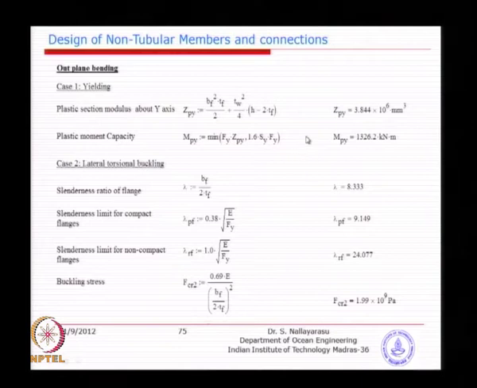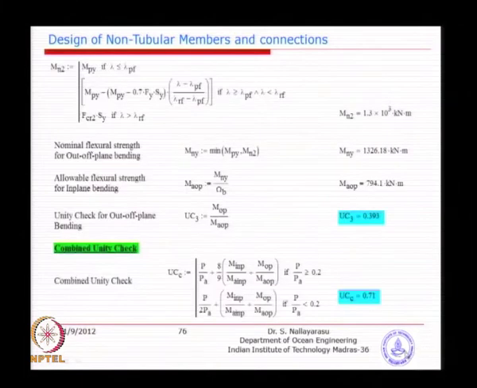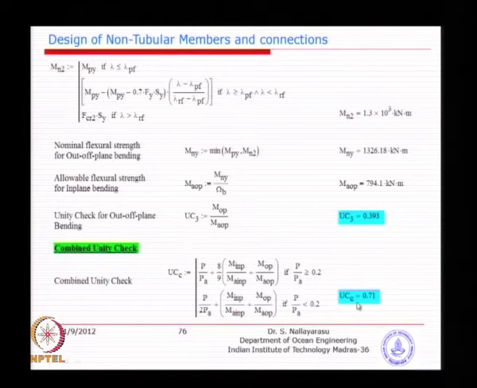Similarly, for the out of plane bending, we have the moment acting perpendicular to the web, and you have yielding or lateral torsional buckling, and similarly you will find out the capacity. Then you will just decide which formula to use. This being a symmetric section, we use the formula which we learned about today, and basically it is a 70% utilization of the total beam. So, you have axial tension, in plane bending, and out of plane bending. I think it is a simple procedure, exactly similar to tubular members, only the equations and the parameters involved are slightly different.